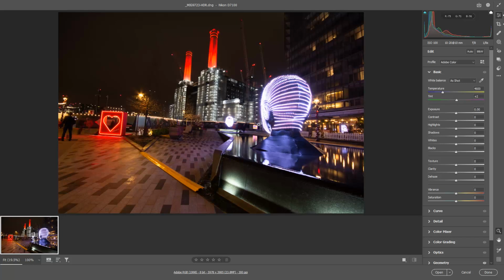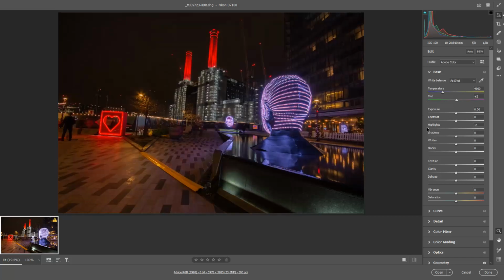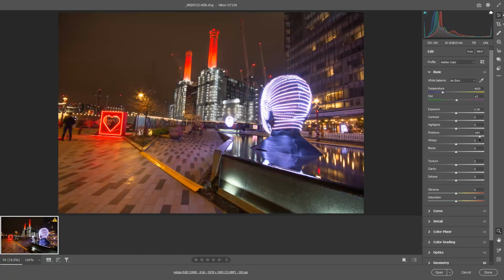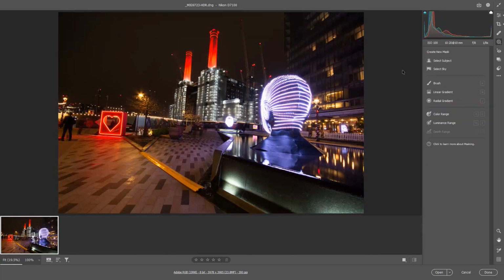So how can I include masking in here? Well, there is a subject. This is like a head. This is an HDR image already. I can come here and bring down the highlights. And as you can see, it brings down the highlights all across the image. I can open the shadows and it opens all across the image. So using mask, select subject,